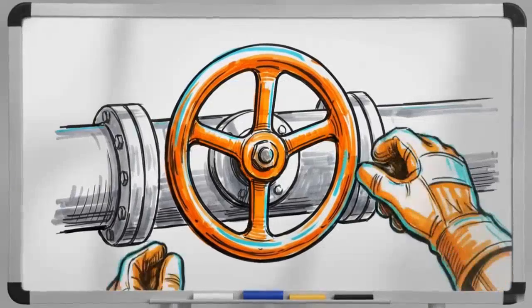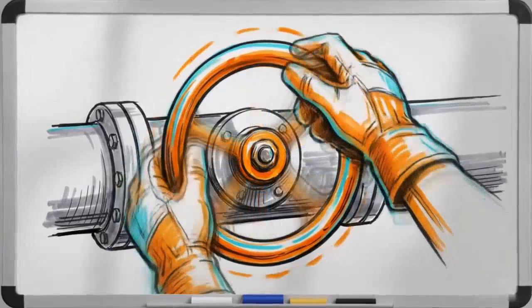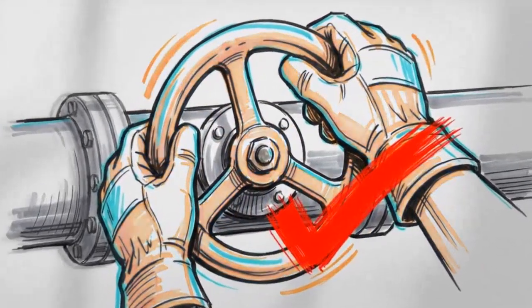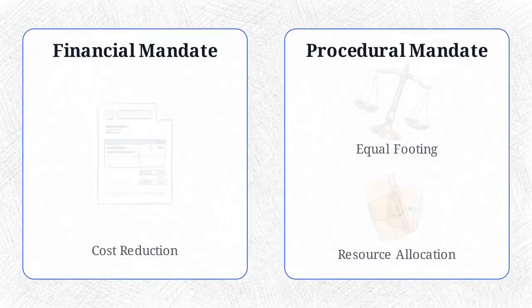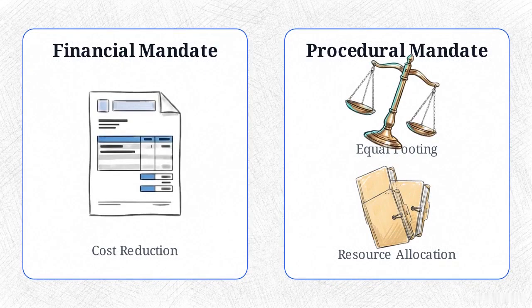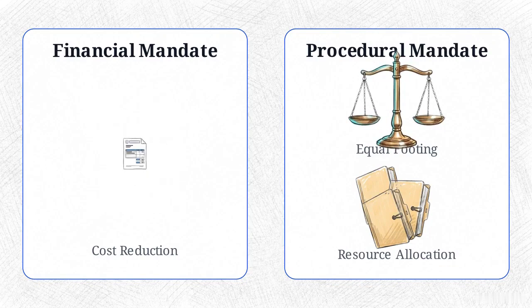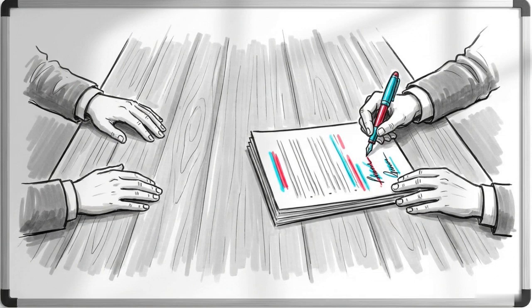To control this pipeline, Part 1 of the Family Procedure Rules establishes the overriding objective, the core operational mandate for all family cases. This mandate requires courts to deal with cases justly. It demands that parties remain on an equal footing, that legal expenses are saved, and that the court's limited resources are strictly prioritized. This procedural pipeline does not exist to facilitate drawn-out adversarial litigation. It is designed to systematically force opposing parties toward an early, informed settlement.